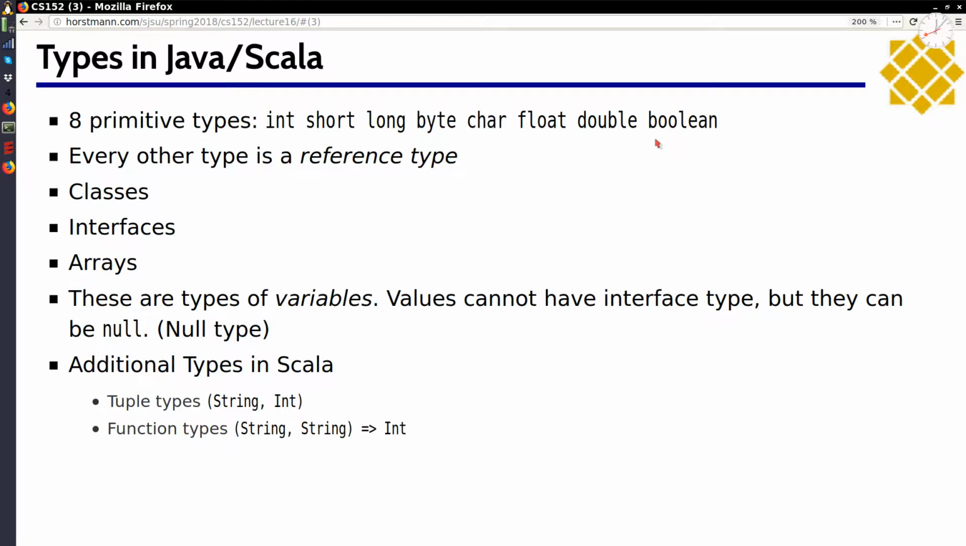Every type that's not a primitive type in Java is a reference type. We can declare 3 different kinds of reference types: classes, interfaces, and arrays. You could argue that arrays are in a way classes, but we'll keep them as separate types here. So those are the 3 kinds of types that you can form in Java. Notice that arrays are type constructors. You can form an array of any other valid type. These are the kinds of types that you can have for